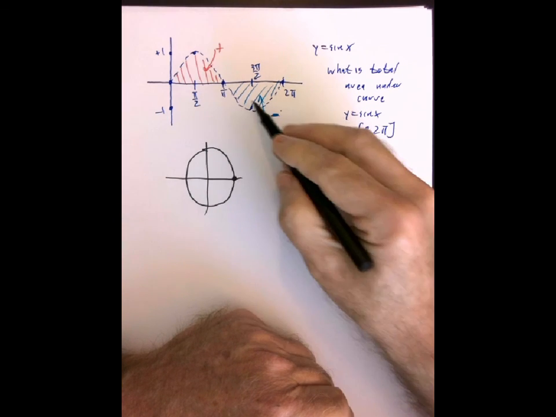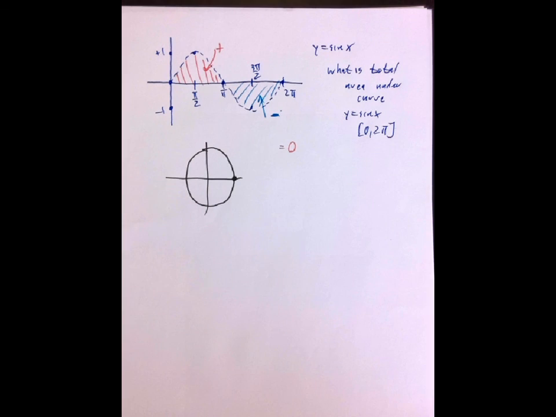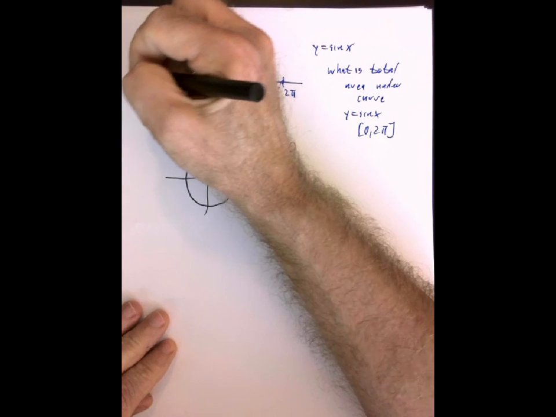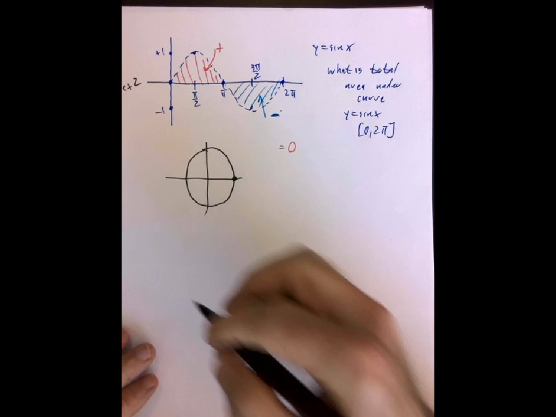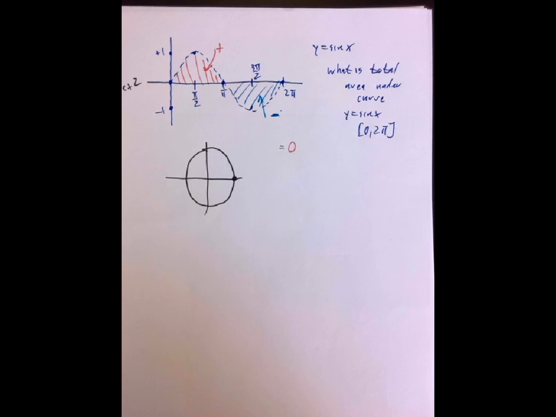And so, in effect, at least in terms of net distance traveled, net distance away from the 0 point there, it hasn't gone anywhere. Now, in terms of time, of course, it's gone 2 pi seconds or whatever. But the net distance around the circle that it traveled is 0, because it ended up where it started out. Okay? So John was example 1, so Mr. Sine curve is going to be example 2, right? Example 3,